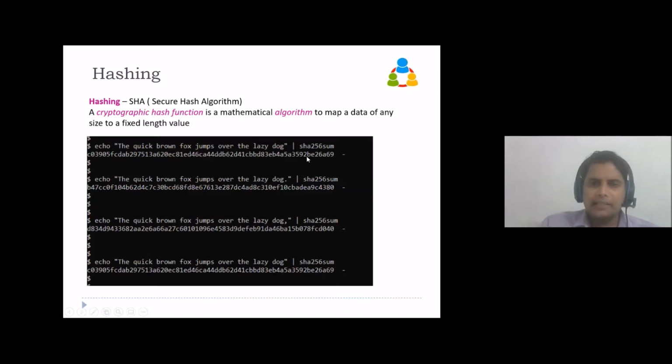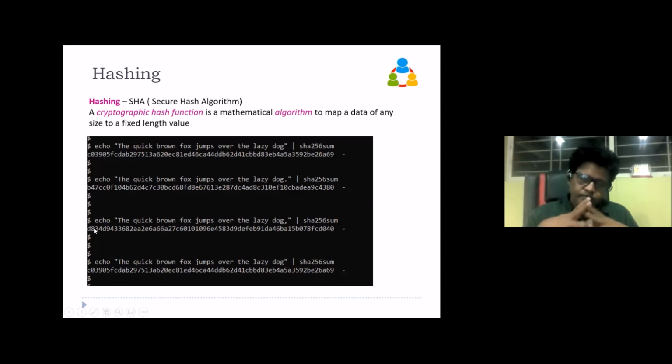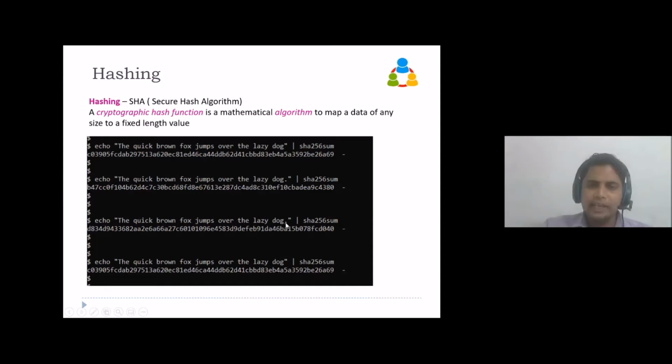That is a long string which I have written. When I do a hash, using this small utility which helps me create a hash, it says C090 C03905FC. That is a long string, the hash of this particular sentence. Now, if I add a single dot, a full stop after the dog, and then compute the hash again, it will be an entirely different hash. And if I put a comma at the end,